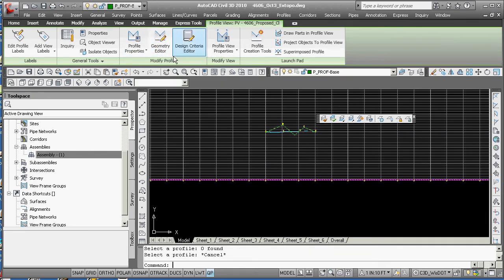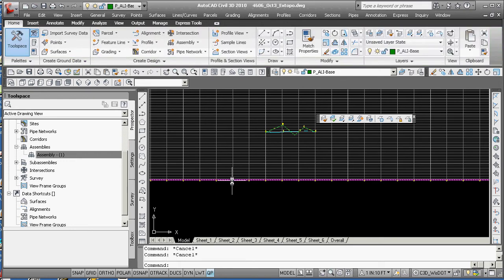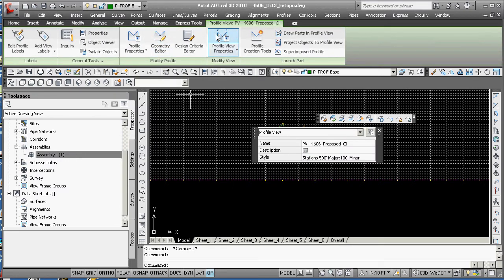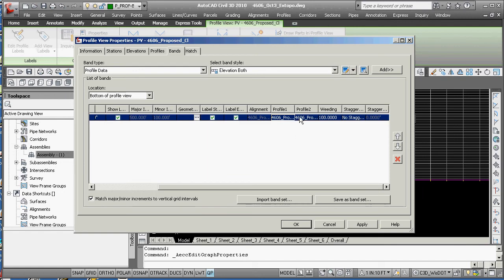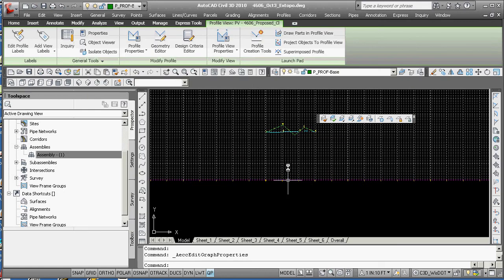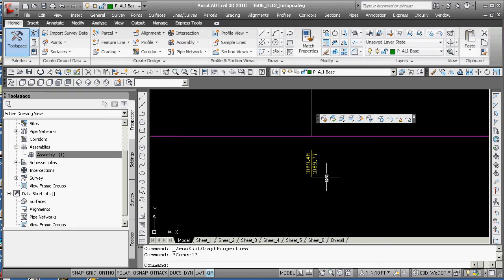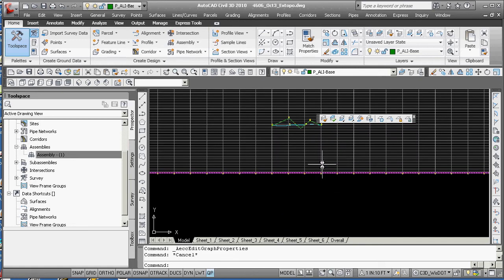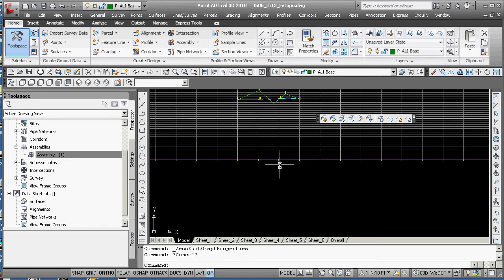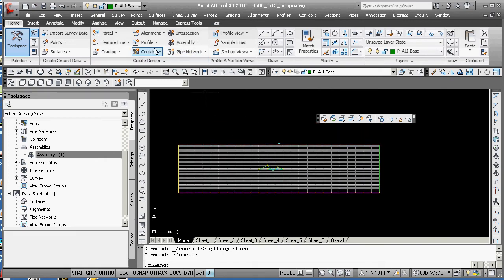Or when we go to click on here, I'm escaping, grabbing there, profile view properties. I want to go here, and in the bands, I'm labeling the left side is going to be 1 and the right one is going to be the proposed. You want to make sure you get those. As you look inside here, you see they are now different. You want to make sure that those line up. Again, this is not really set up for a DOT type because they're running theirs every 50 feet, but you've labeled those out. So now your last sense, you can play around within this, but your last sense is